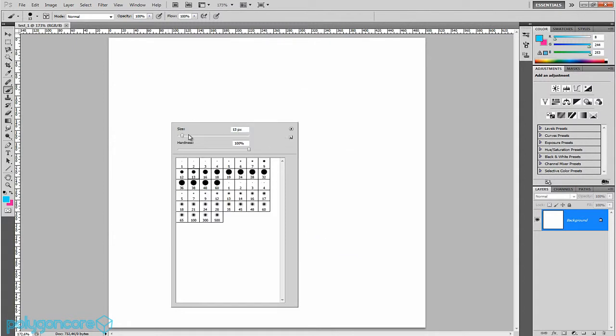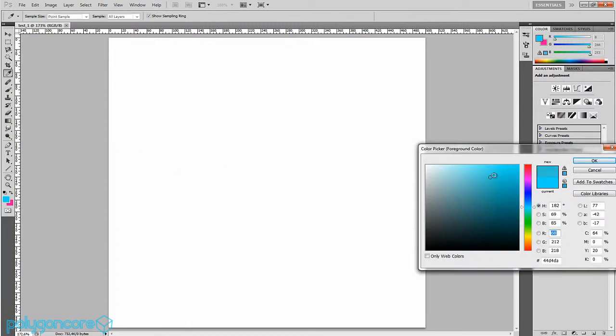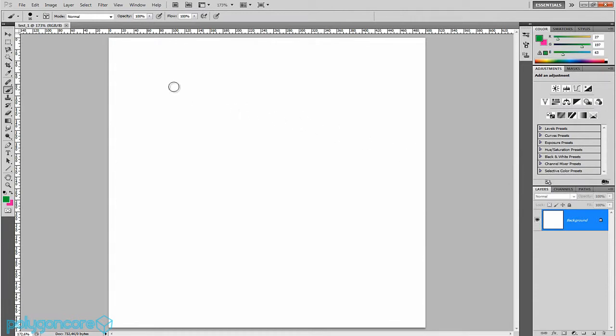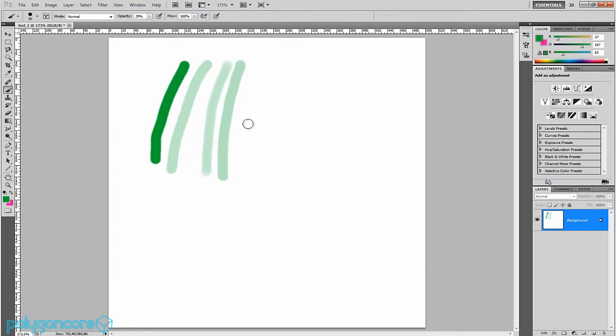Just select a brush and click on the color picker, choose a color, just go for some green, and OK. Now if we just draw, you get quite harsh lines. So if you change the opacity, you get obviously different measured opacities. If you change the flow, it's hard to explain unless you've got a graphics tablet. It changes the flow of the paint. Let's turn the opacity back up